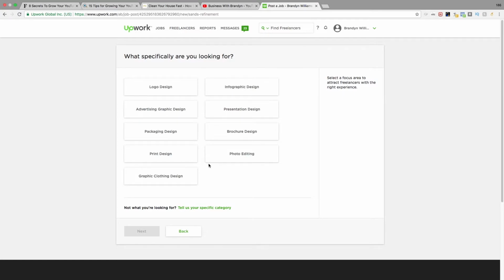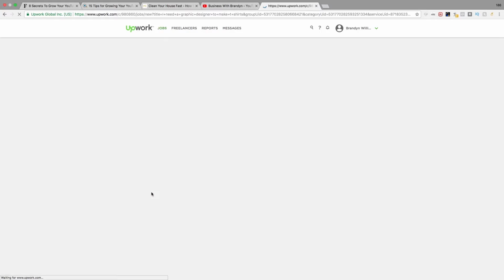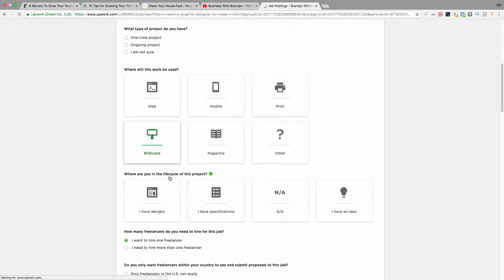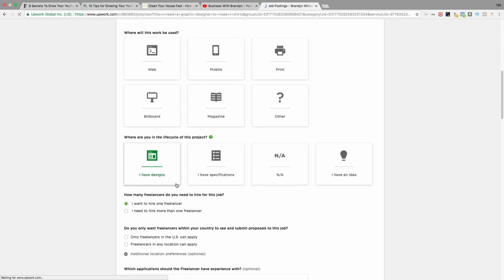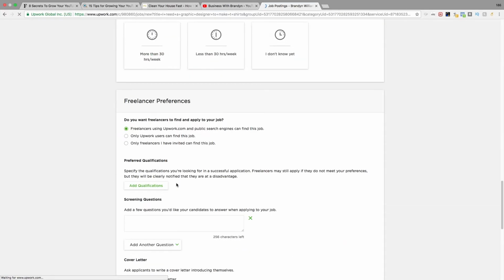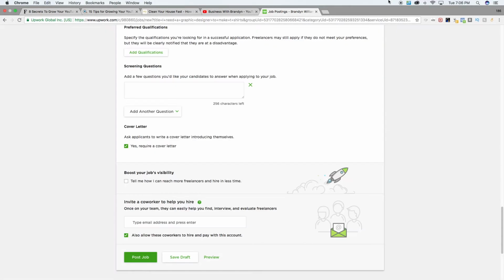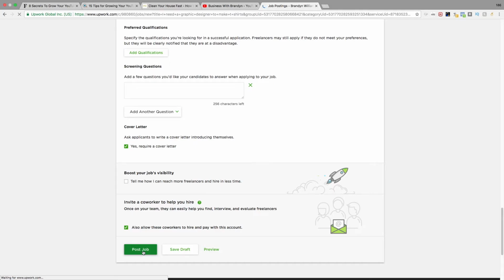Then just wait an hour, come back, and you'll see probably a bunch of people that made proposals. Now, the one thing that you want to remember is that you always want to counter everything that people offer you. So some will offer you $10 an hour, $6 an hour. So just play around with the numbers, negotiate down what you want, and then once they're ready to start,